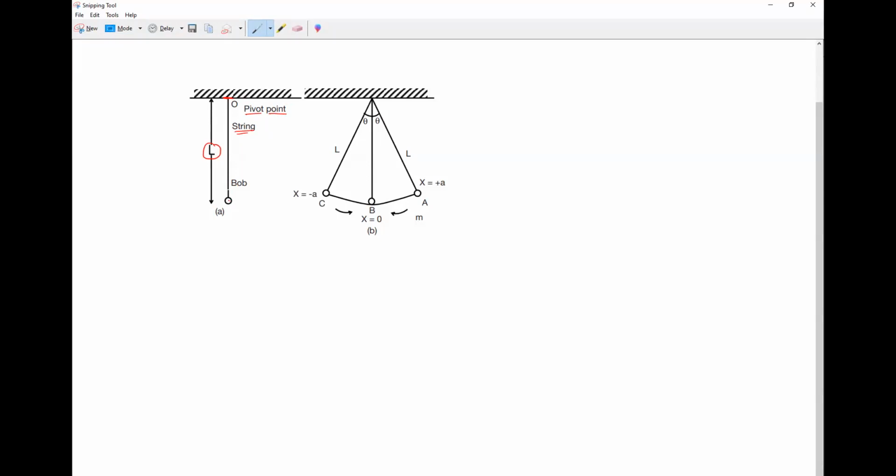And there is a bob attached at the free end. A bob attached at the free end. Now, what is this position called? Anybody can tell? Mean position. What is it called? Everybody? Mean position. Now, from the mean position, if I take it to the A point and release it,